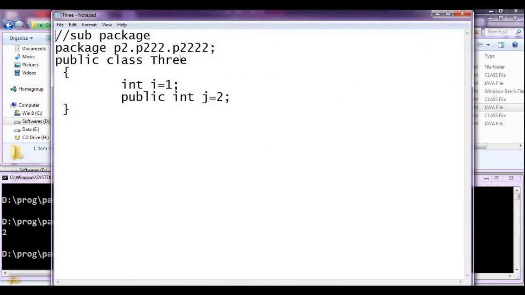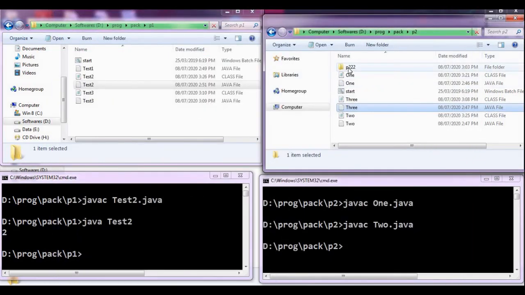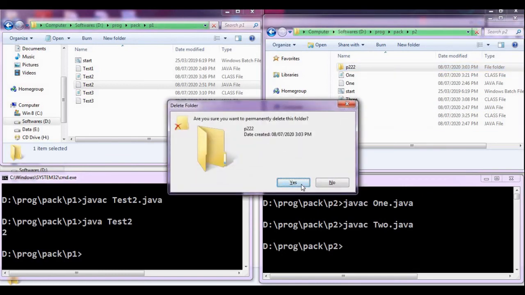Here we have a coding, the sub package program. We want to go for a P2 package, and inside the P2, P2.P22.P222 in such a way; this is the hierarchy of the packages we have. Now what you are supposed to do is simple. Suppose this is not available, let me delete it.